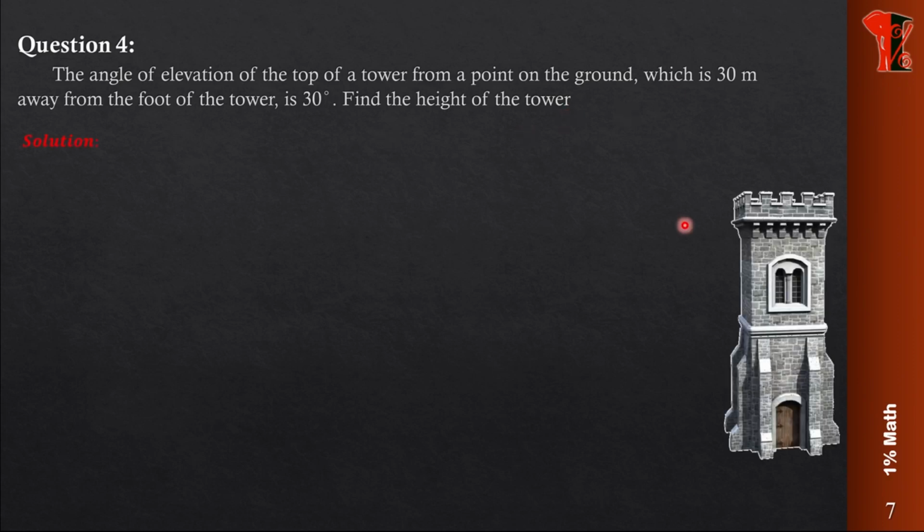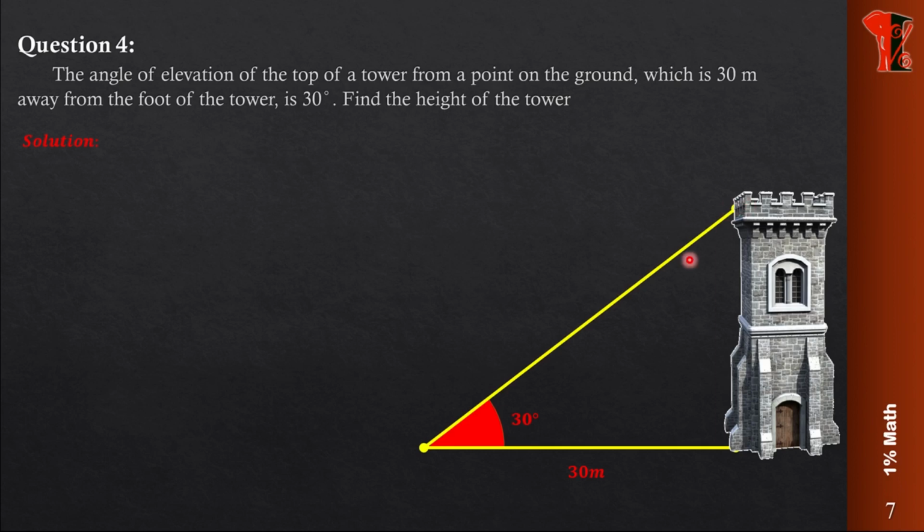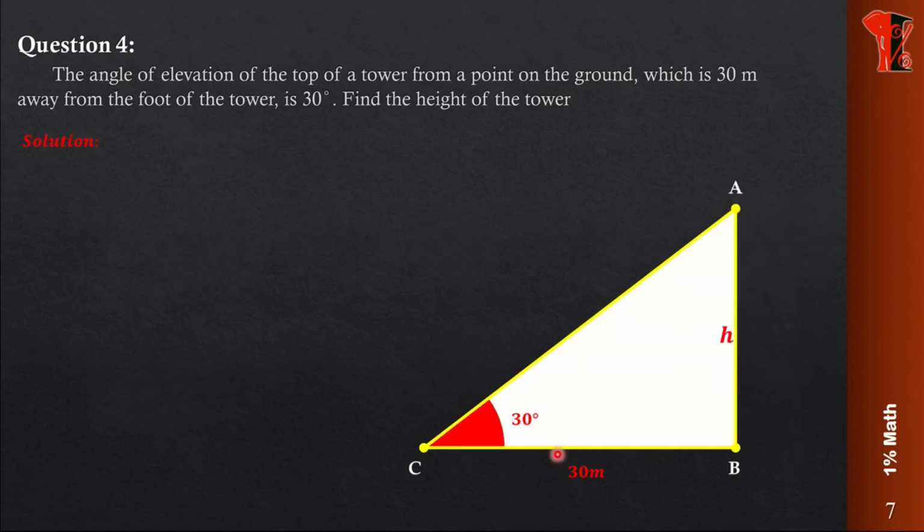What it says, there is one tower, okay, and a person is watching, with the angle of elevation from a 30-meter point. Okay, there is a point over here which is 30 meters away from the tower. From here, angle of elevation of the top of the tower means from here you are watching the top of a tower and that angle over here is 30 degree. Okay, then you have to find the height of the tower. So height means what? This we need to find. We can clearly see that this also gives us a right angle triangle, correct? Now we know the adjacent side, we need to find the opposite side. So opposite side AB is nothing but the height of the tower.